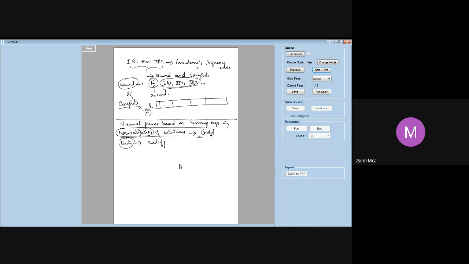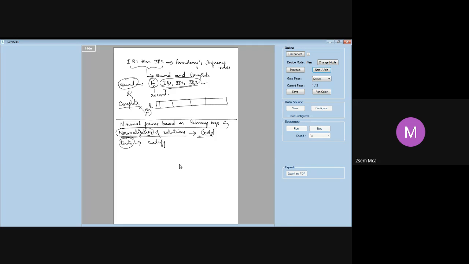All right. Every normal form will have certain criteria. First normal form says it should not have duplicate values. Second normal form talks about partial dependency and full dependency. Third normal form talks of some other things. Fourth normal form talks of multi-valued relations. So many things are there. Each normal form will specify certain criteria, and every table has to be tested against these criteria to show that it satisfies the normal forms.